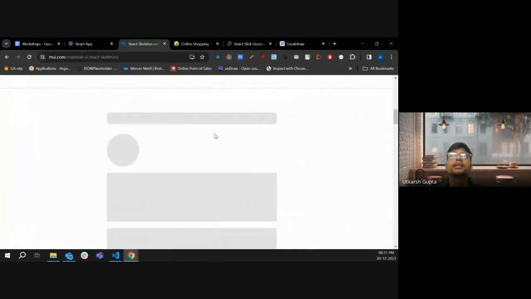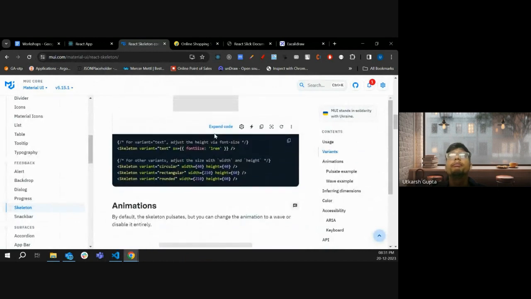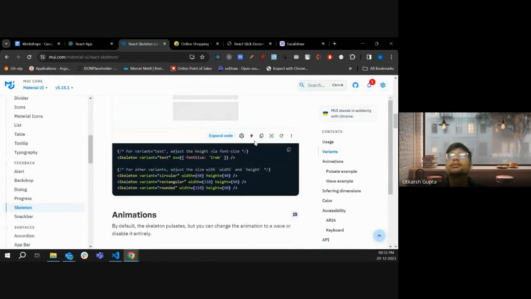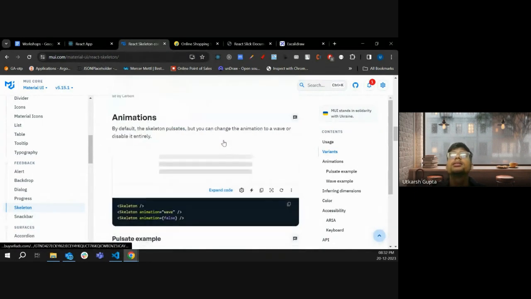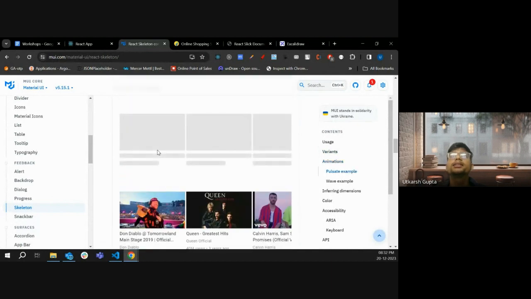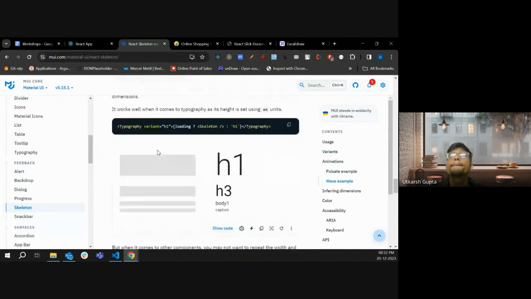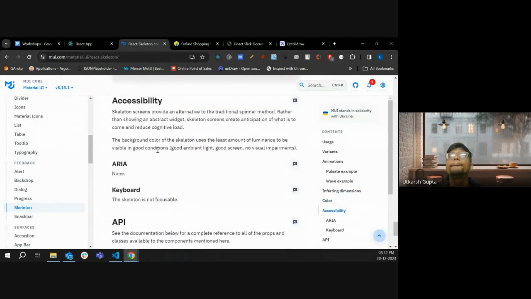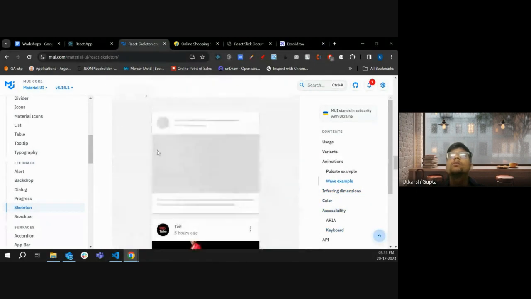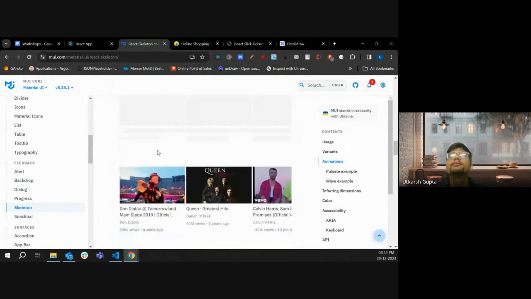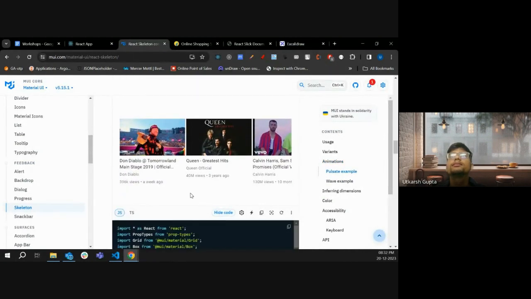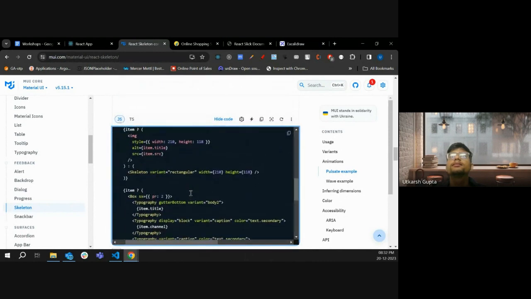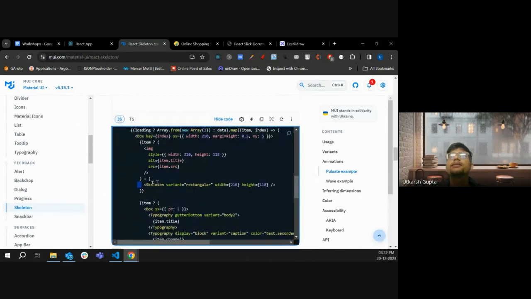That's how it looks. You guys can see that's how it looks. We will build our own and different skeleton. We'll build something like this. Okay. Skeleton variant rectangle,